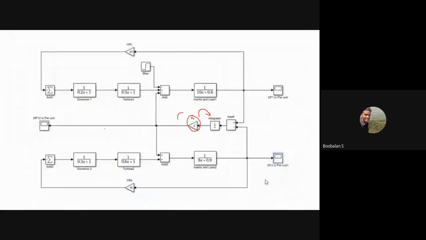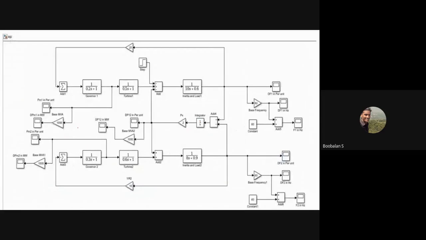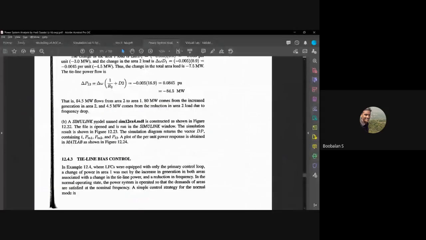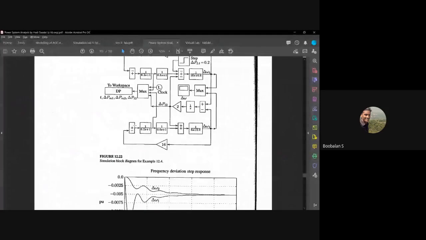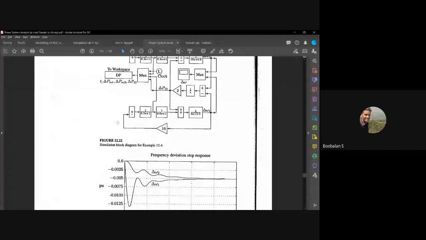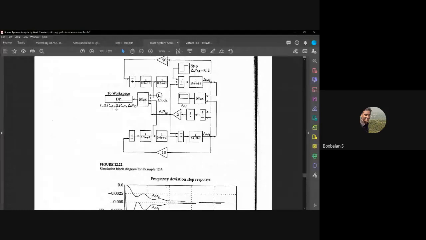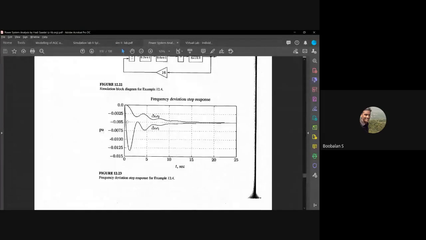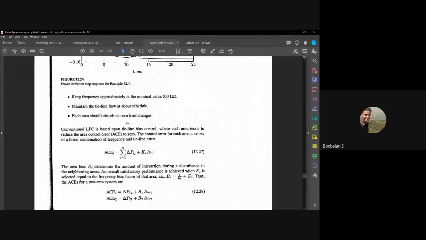This is what I actually worked out in the morning, and this is a screenshot of it. The same thing, how we worked it over here. The same thing is now going to be working over here, and the new concept is going to be applied now. The same Simulink diagram is working. In the second case, if the frequency changes in my area, one more generator should not be affected.